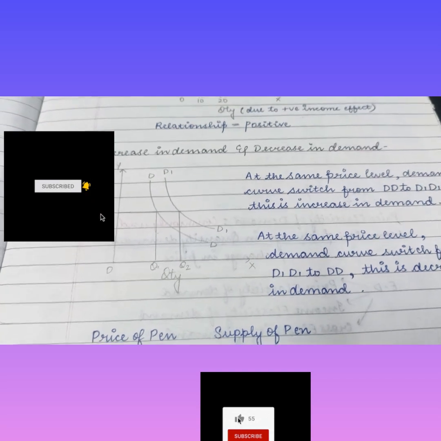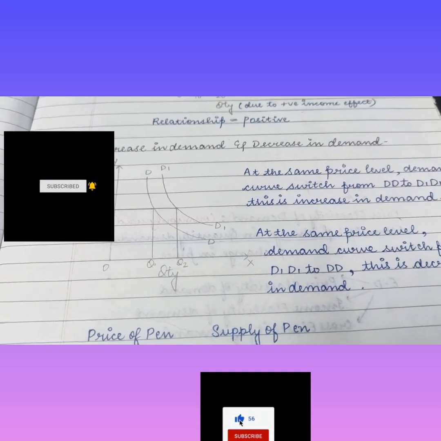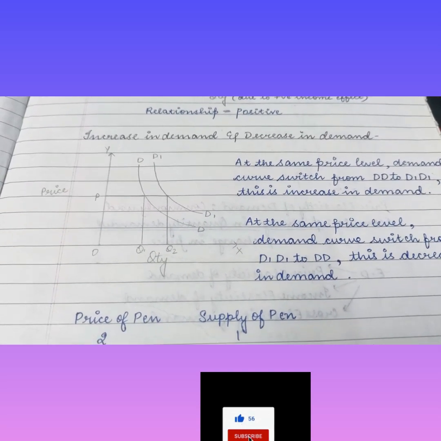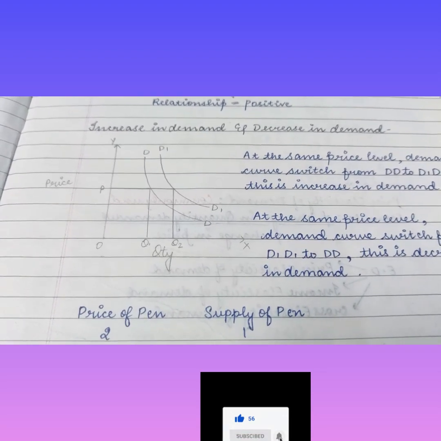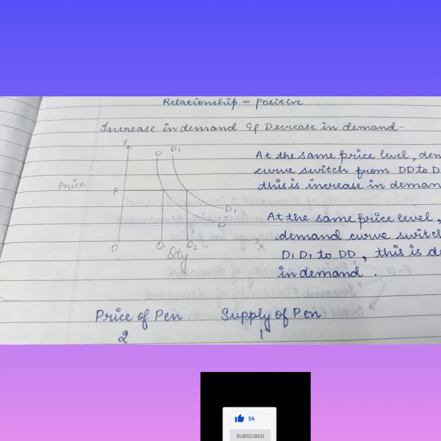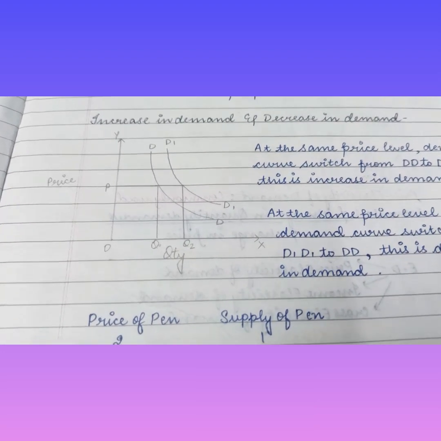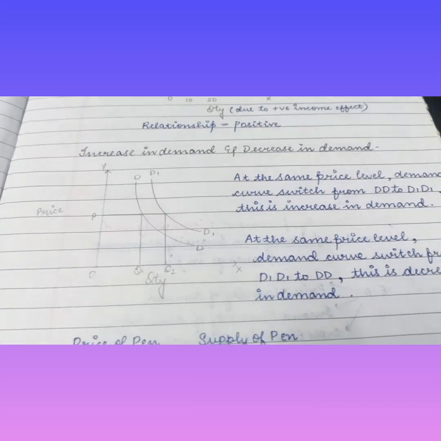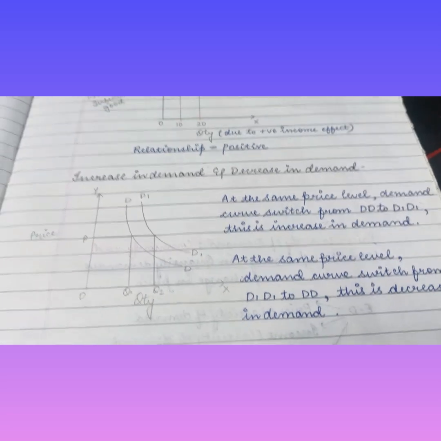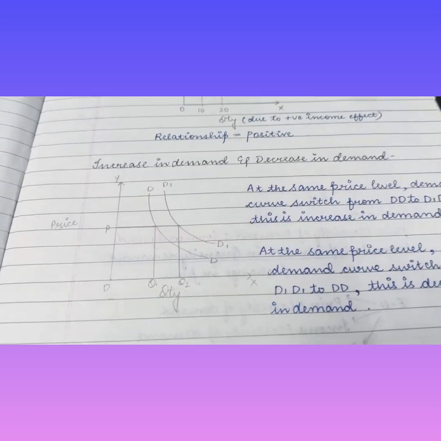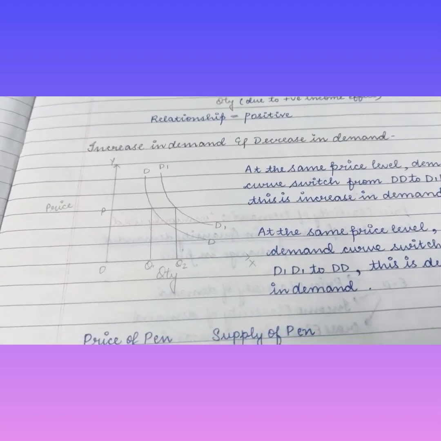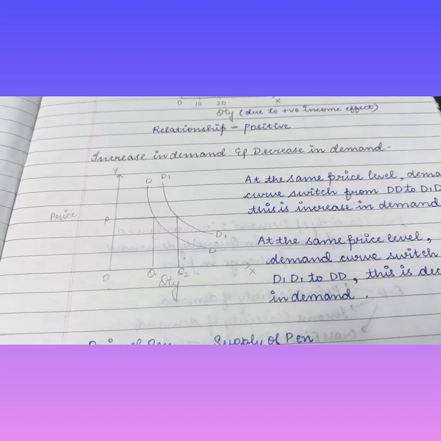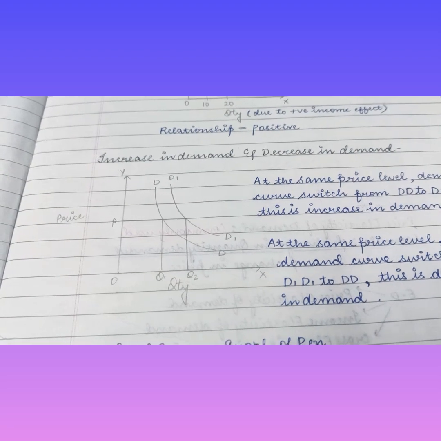पिछले वीडियोस में हम लोगों ने जो स्टडी किया था वो स्टडी किया था लॉ ऑफ डिमांड का और गिवन गुड्स पैराडॉक्स का। आज हम लोग जो स्टडी करने जा रहे हैं वो है इंक्रीज इन डिमांड एंड द डिक्रीज इन डिमांड। व्हाट इज द मीनिंग ऑफ इंक्रीज इन डिमांड एंड डिक्रीज इन डिमांड? सिंपल, जब प्राइस लेवल में कोई चेंजेस नहीं होता या प्राइस स्टेबल होती है और उस स्टेबल प्राइस पे ही यदि डिमांड बढ़ती है या डिमांड घटती है, that's known as an increase in demand and the decrease in